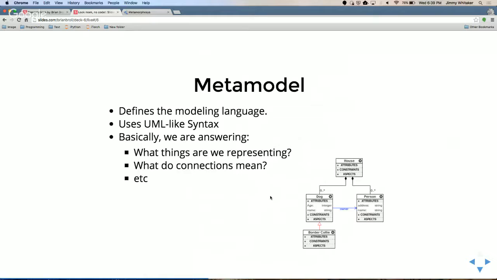In attributes here, we have, again, attribute set. So here, a dog has an associated age, which is an integer. And then this blue line means a reference or like a pointer. So this dog has an owner reference, which points to a person. So the dog is owned by some person. And then these black lines with the diamonds on one end mean containment. So a house contains a dog and a person. So when we put all of this together, it means that a house can contain dogs and people, and every dog can have an associated owner, and border collies are a type of dogs.